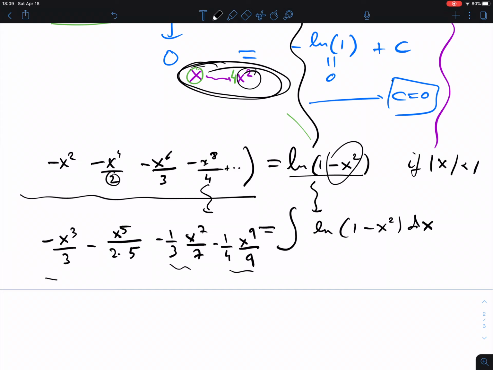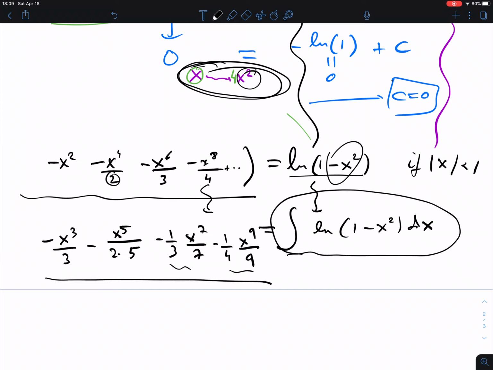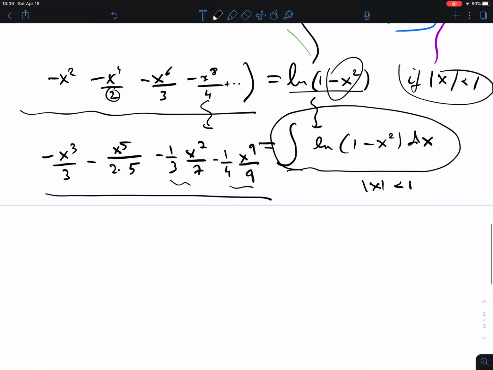But anyway, I have a series here that represents this function that I otherwise do not know how to deal with. Only, of course, when x is less than 1 here. So if the absolute value of x is less than 1. But for instance, now I go even a step further. Suppose I say I want to calculate this between 0 and a half, the direct